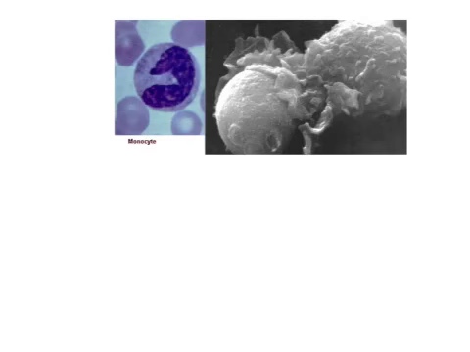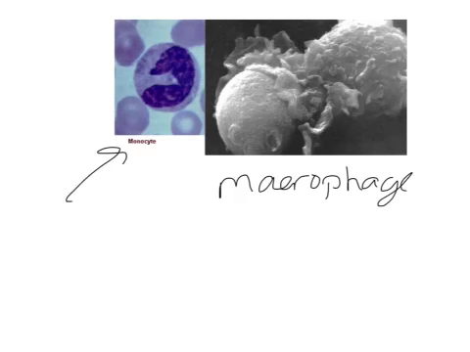So the last one I have here is a monocyte. Okay, that monocyte will turn into a macrophage. That is a C. Okay, so that monocyte will turn into a macrophage, and they can also become part of the adaptive immune